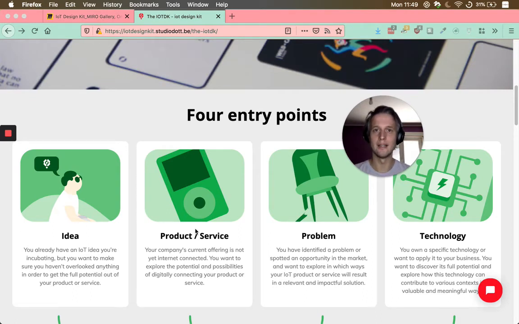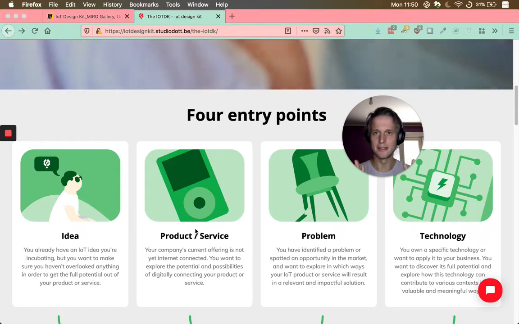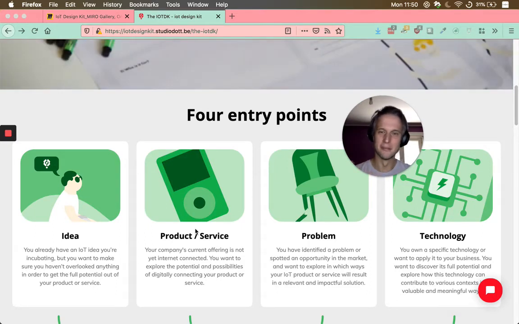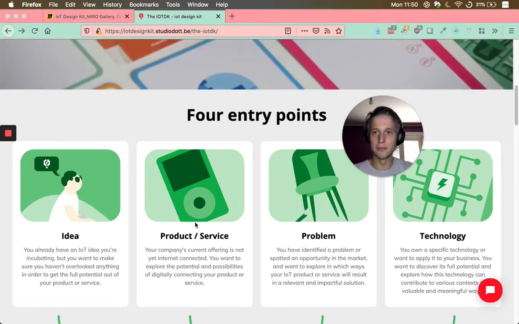How can an internet connected product make sense here? So that's the starting point, and I think this is what really makes the IoT Design Kit unique in its genre of design kits. What also makes it a little bit special is that it includes other proven design tools. So if you were to download this kit on the website which we made for it,